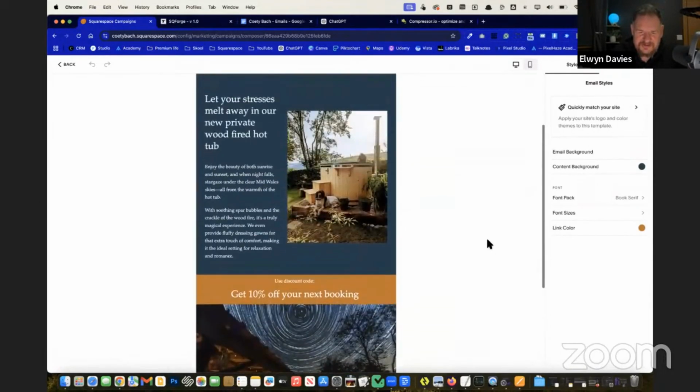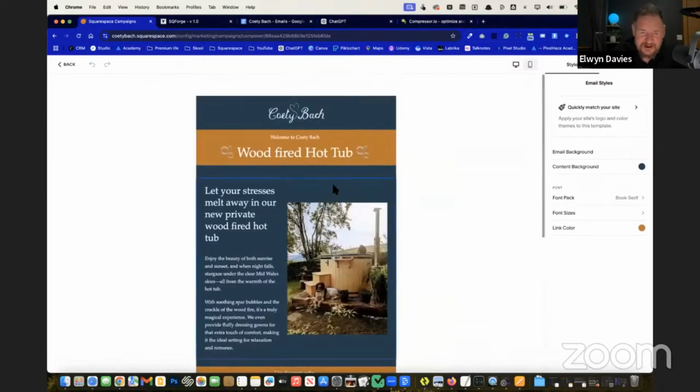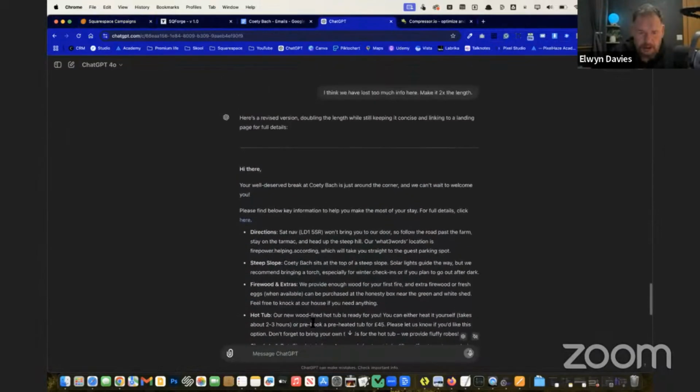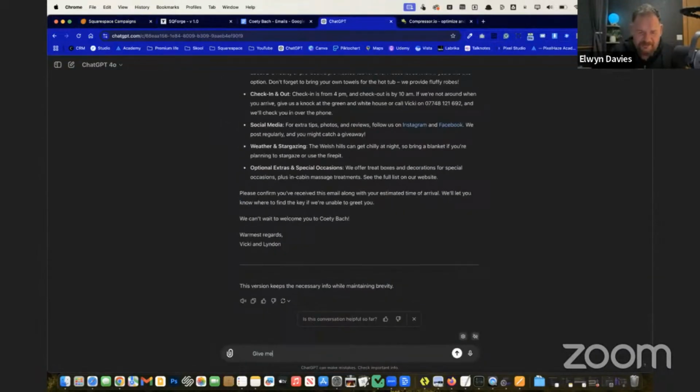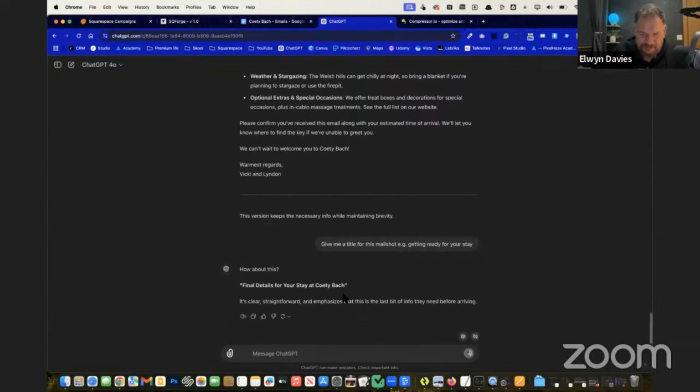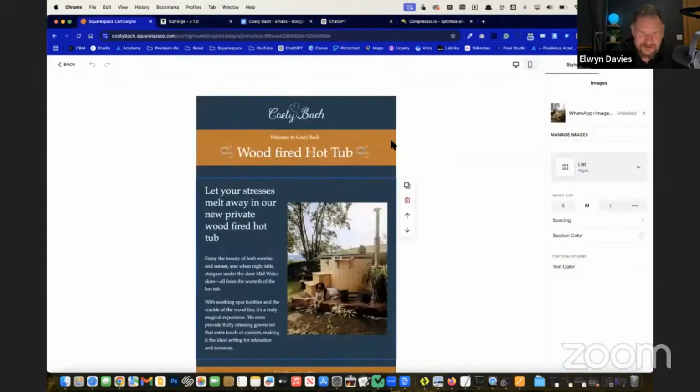So this is our starting template. I can just delete this and then start again. But I think what I'm going to do to start with is just leave this in. I'm going to get ChatGPT to give me a title for this mail shop, to see what ChatGPT comes up with. Yeah, that could work. Well, I think I'd prefer mine. So what we'll do is a combination of